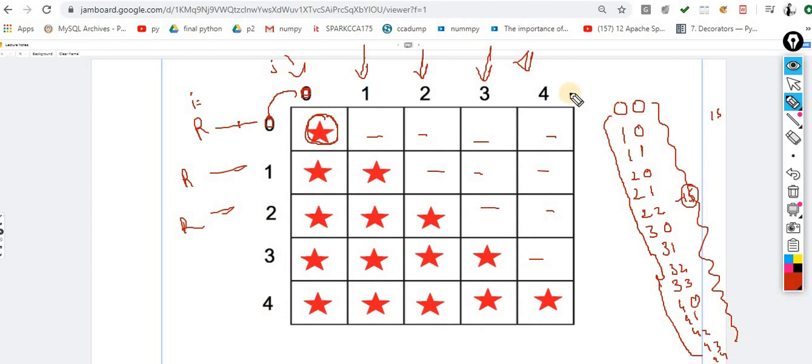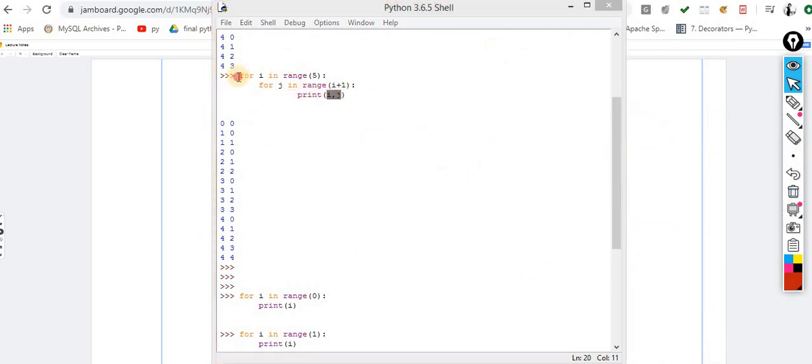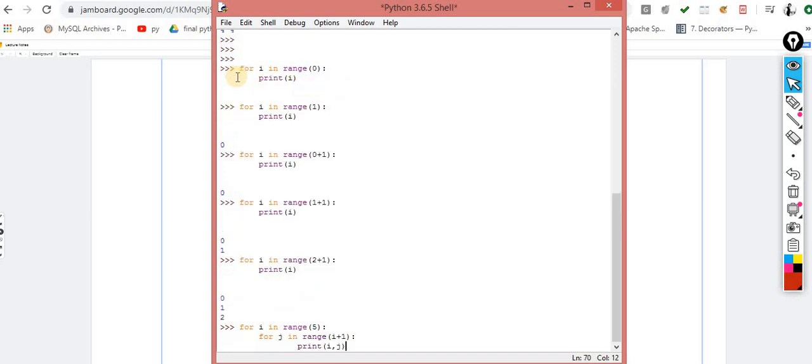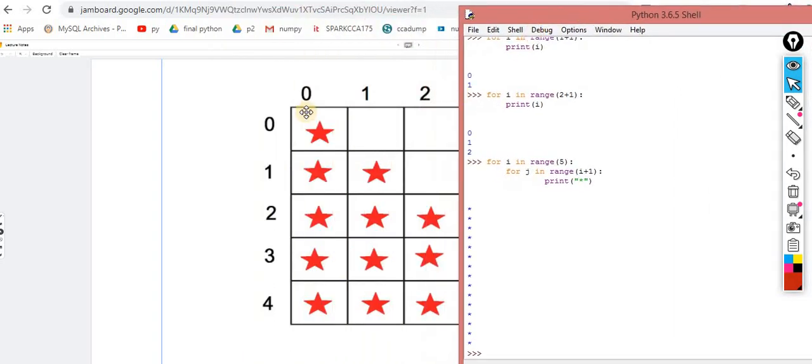It means where we are printing the i and j value, what we have to print is this star. Sir, I think that's done. No, we still didn't get our perfect requirement. Our requirement is something else. We achieved all 15 stars, but the pattern is not exactly the same as the one I am looking for.